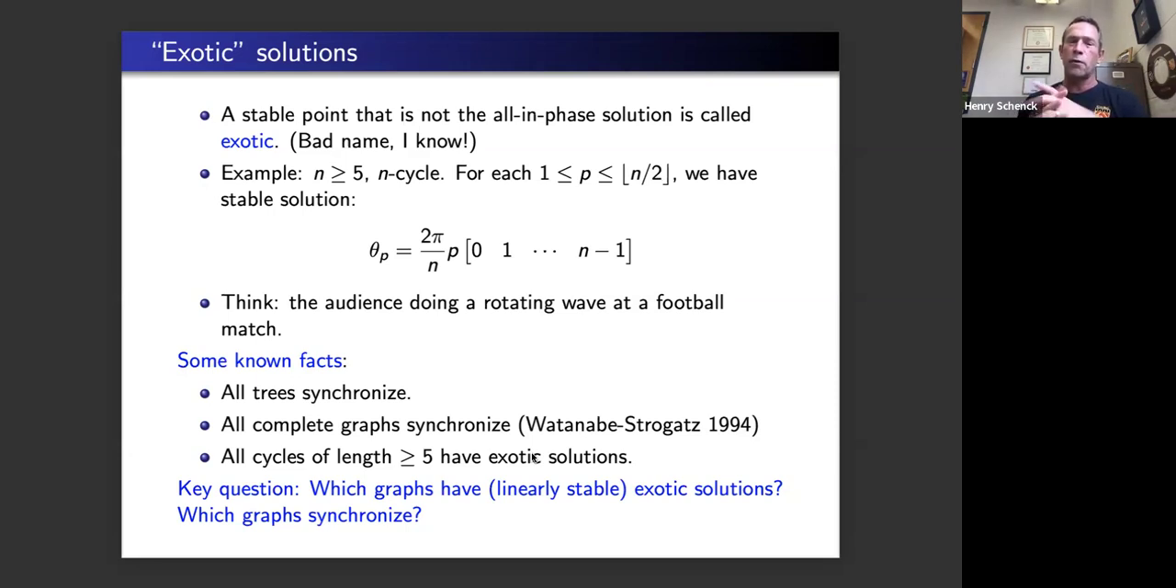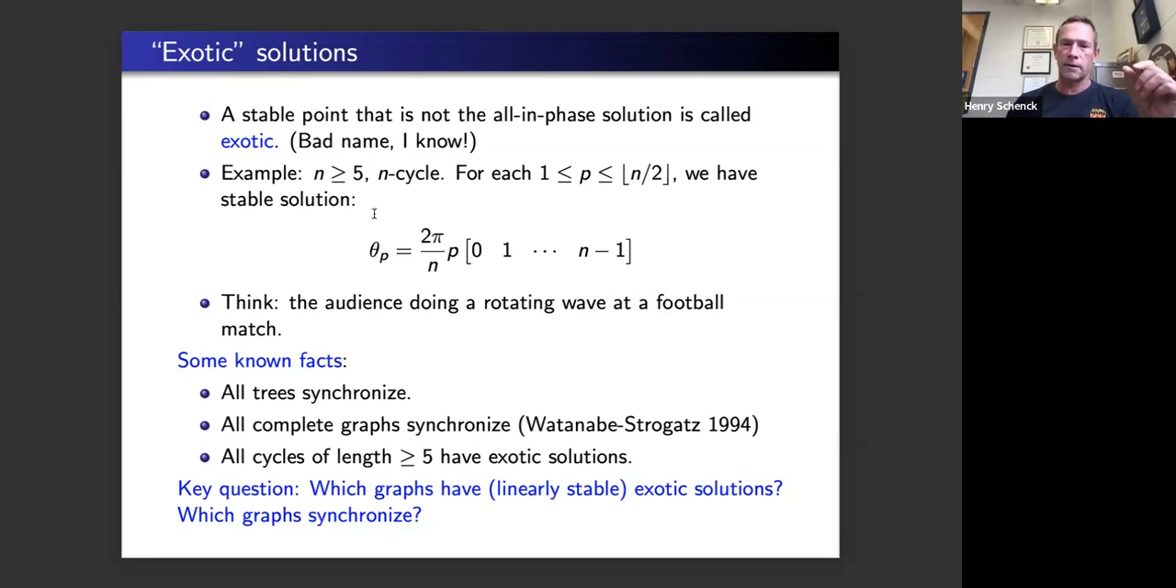And the example is if you have just a cycle, you can have a stable solution, and what happens on the cycle is like the wave at a sporting event, a periodic wave that's cycling around. So there is some sort of harmonization, but it's not where everything is occurring at the same time. It's this sort of periodic behavior. And so this is actually going to turn out to be what we're going to be more focused on,